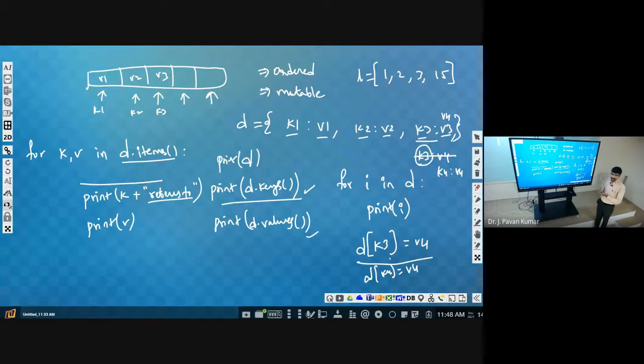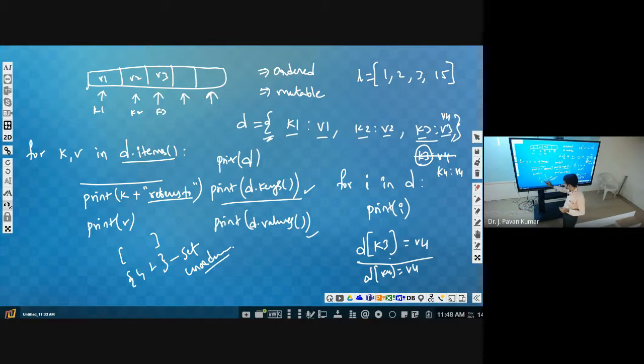Square brackets will work. It is like an index, but why are we using this one? For this I gave some explanation in the last class. Why are we using curly braces? Because we know how to use square brackets for a list. This one means set. Set means ordered or unordered? Unordered. There won't be any index. 1, 2 is a set, another set is 2, 1. Are these two same or not? Same only. 1, 2 and 2, 1 both are same.